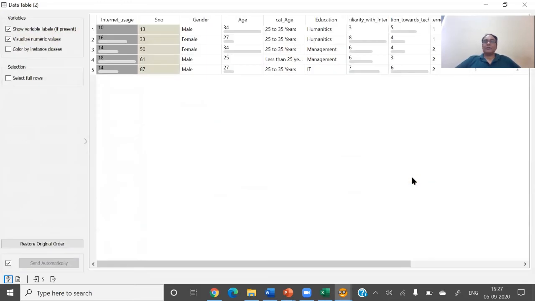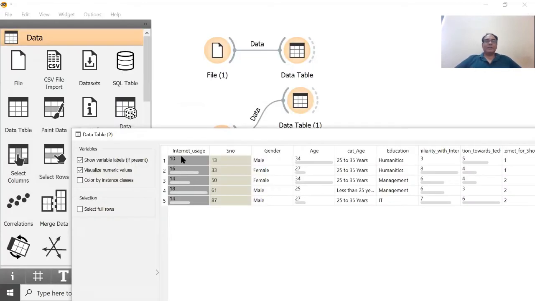Okay, now I hope you can see all the outliers. So these are the outliers. There are 5 outliers: observation number 13, observation number 33, 50, 61, and 87. So these respondents have some abnormality in the data, right? On the basis of some abnormality, they were found by the software, and the software is suggesting that these 5 outliers are there in the data set. In this case, the outliers are basically the abnormal people. So all the 5 people are abnormal in some sense, right?